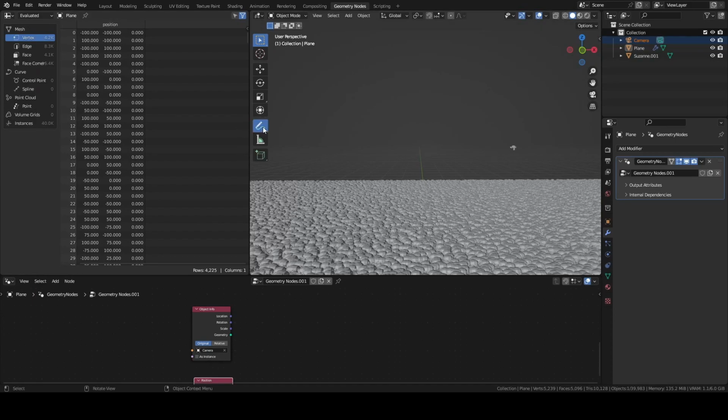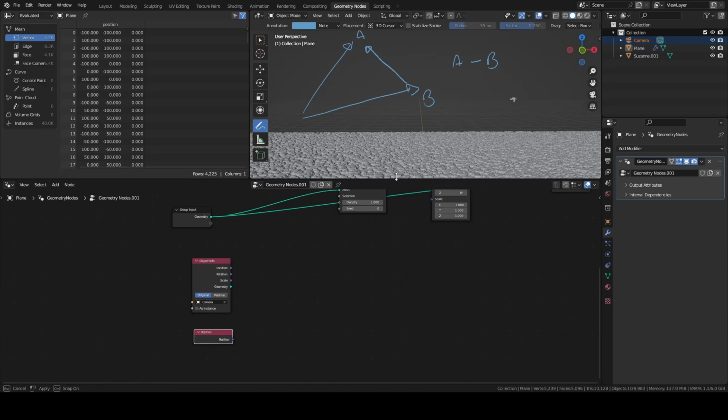If you have two vectors, like a vector A and another vector B, if you compute A minus B, you are computing this vector, a vector going from B to A. And this is what I'm going to do. I'm going to make a subtraction between two vectors.